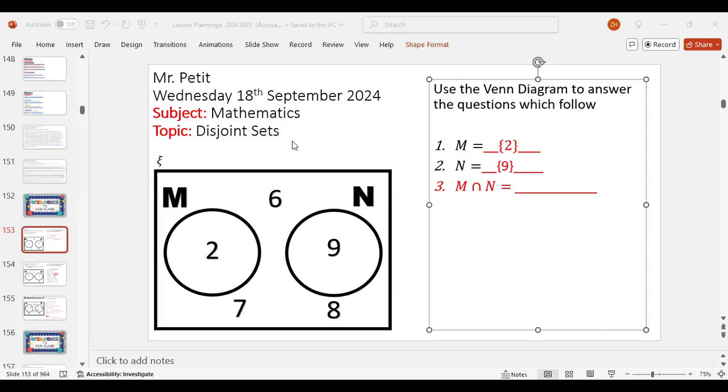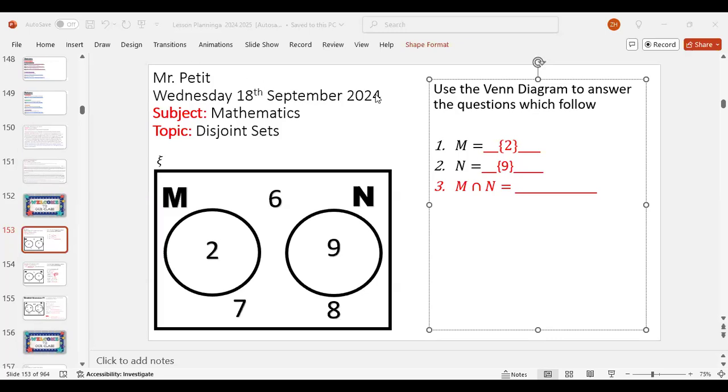So what did the rest of y'all put? Curly bracket, nothing. I put the symbol, so I put an empty set. Who said empty set? Very good. Empty set, or null set.